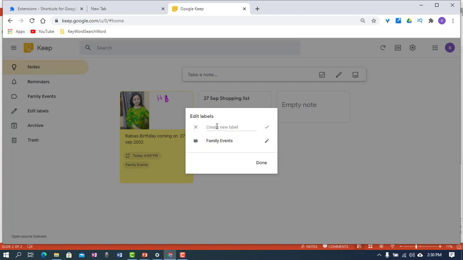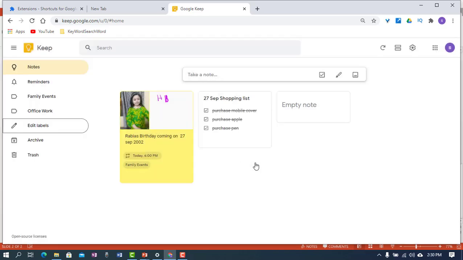For example, I demonstrate creating two labels. The first label is called office work, and click on done.